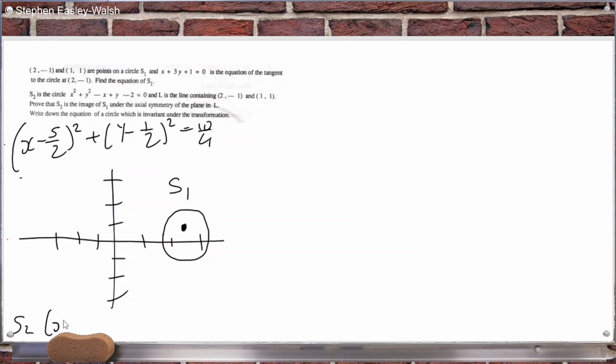S2 is x minus 1/2 squared plus y plus 1/2 squared. So that's x squared minus x plus y squared plus y equals 2 plus 1/4 plus 1/4. That's 5/2. Okay, that's S2, and that will be at